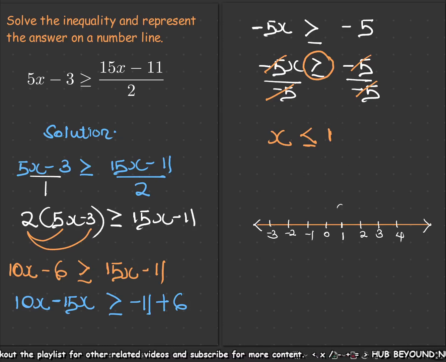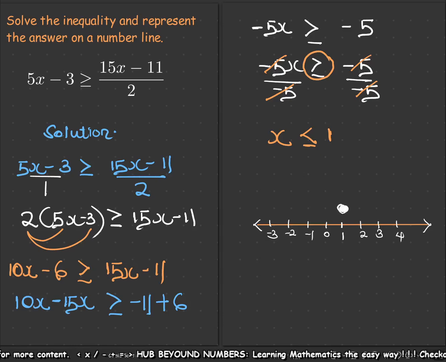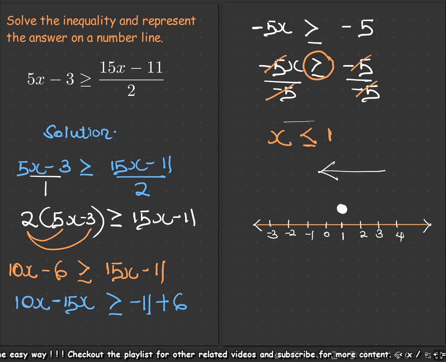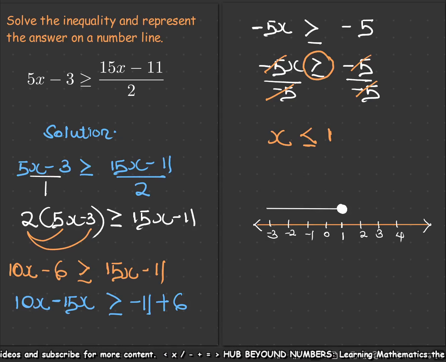We have it on the 1. So you draw a circle on the 1 and you shade it. You are shading it because they said or equal to. Because of the or equal to, you make sure that it's shaded nicely. Then you look at the direction the symbol is pointing towards. It is pointing towards this side. So I'm going to draw my straight line to move towards this side over here. And